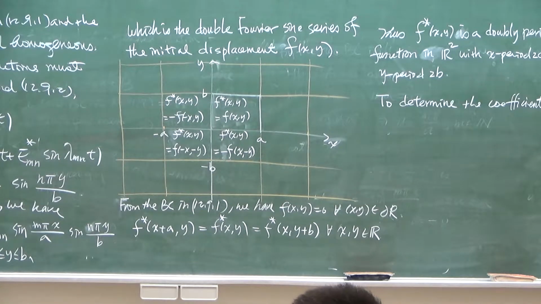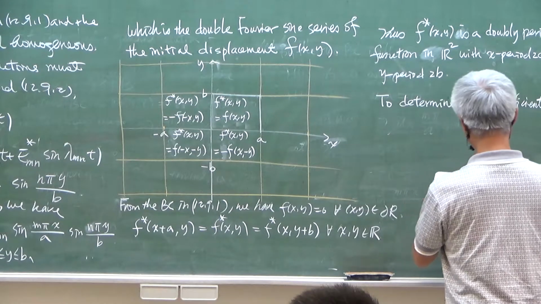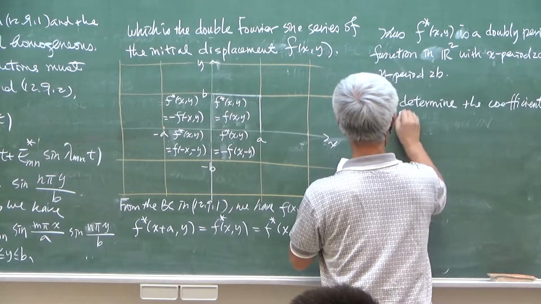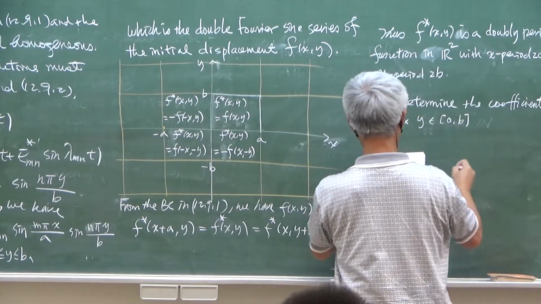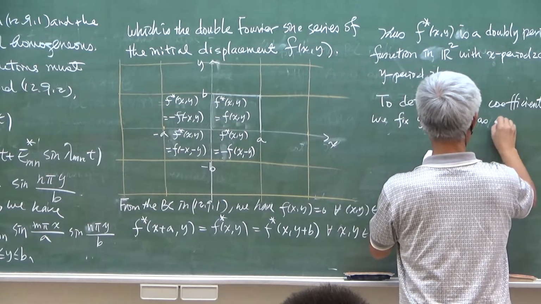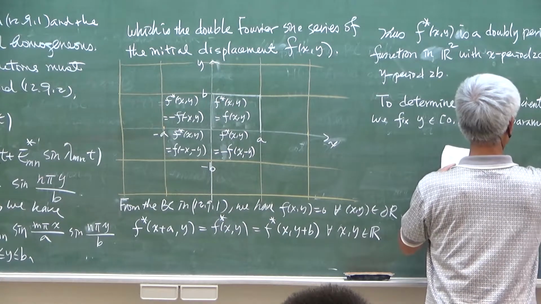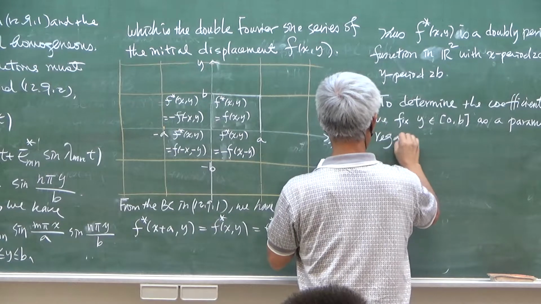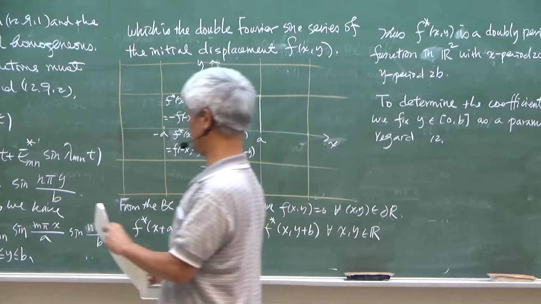Suppose we can expand f(x, y) into such a double Fourier sine series expansion, then we can find E_mn, right? So we determine the coefficients E_mn. We fix y as a parameter and regard